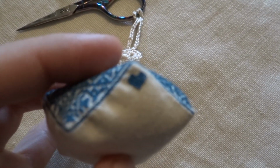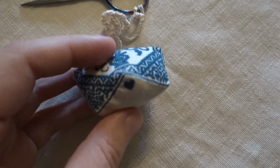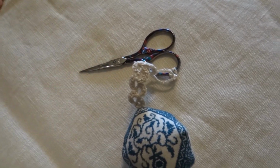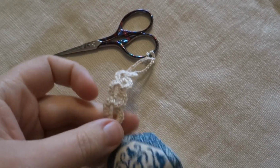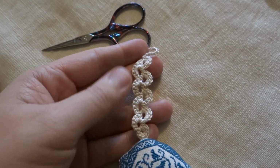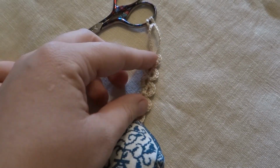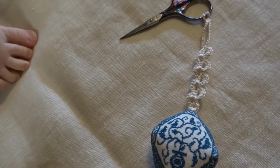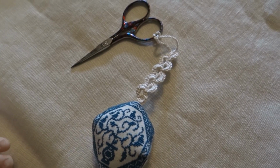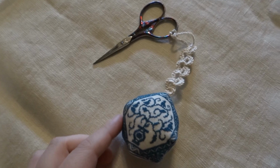Let's see. And I have my little guy in the background here. See, that's his foot. And I crocheted this little bit of, I don't know what you want to call it. It's a bookmark pattern, but yes, there's your foot. Oh my goodness, that's a great foot. He's very excited about his foot. Anyway,